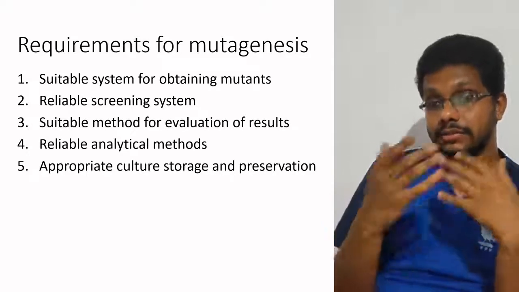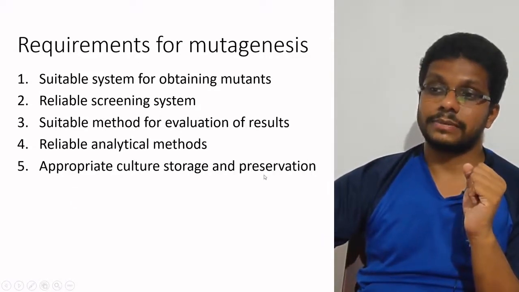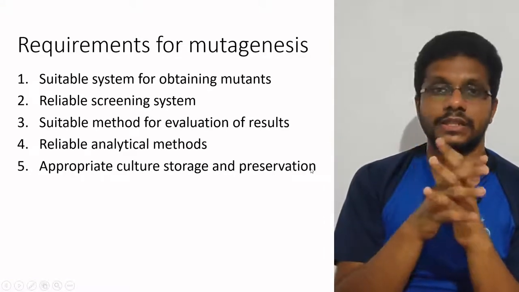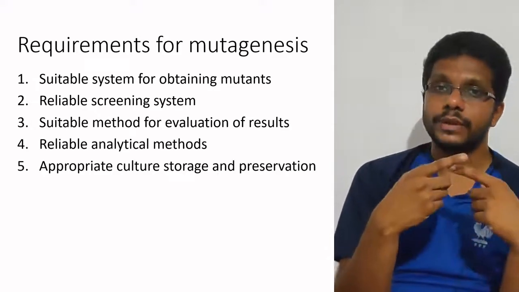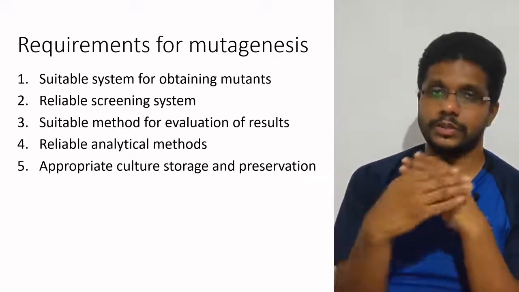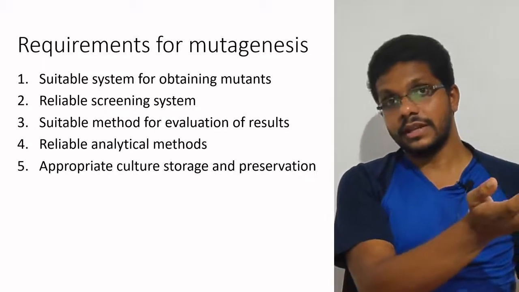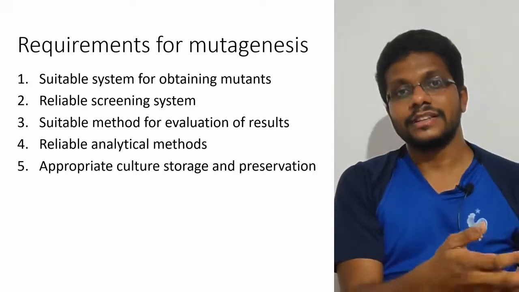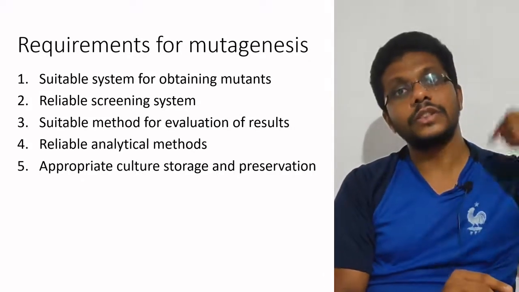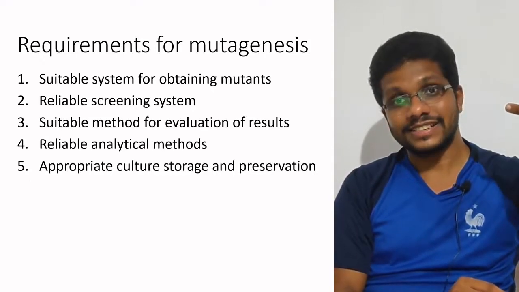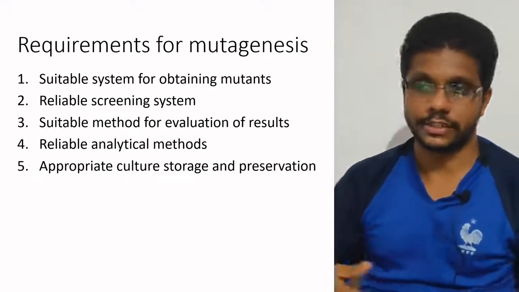So there should be analytical methods, basically statistical methods, to analyze the results, and we need appropriate culture storage and preservation. We already talked about the methods of storage and preservation of industrially important strains. Every time we are doing strain improvement, we need to preserve these microorganisms. In our example, the first time we have 200 different strains. We need to store and preserve them, and if we do it again, we will get another 200. If we shortlist 200 into 50 and then to 4, and do the mutation for all these 4 colonies, in the second cycle, instead of 200, we get 800 different colonies we need to preserve. So the appropriate storage facility should be there.